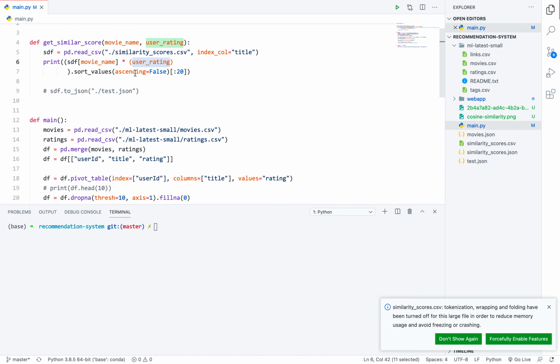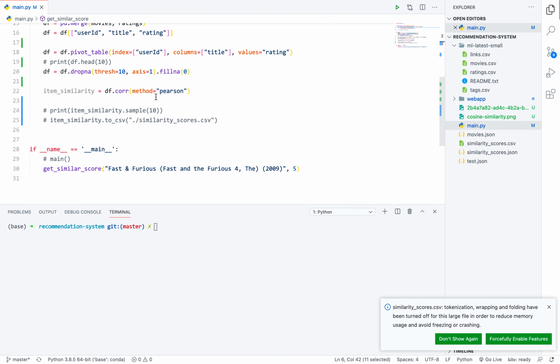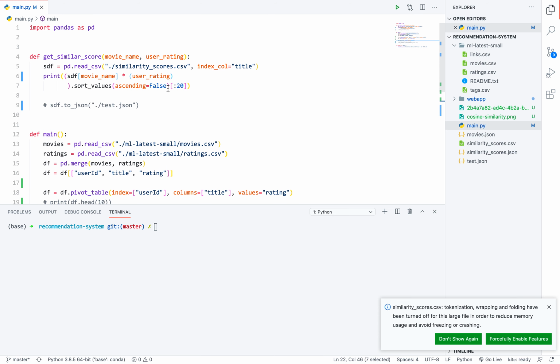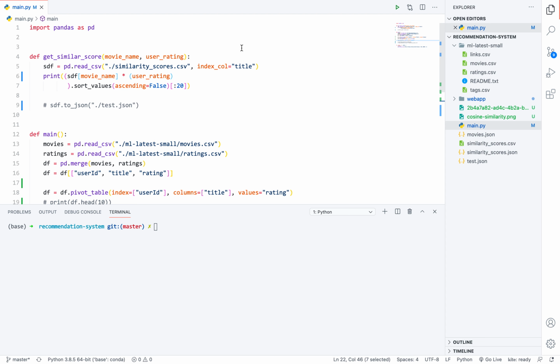We subtract the mean and convert it to standard, right? Because this Pearson method inbuilt converts our original data to standardized data. To unconvert it, or to reconstruct our original rating, I need to multiply with user rating, and I'm just sorting this in descending order and grabbing the first 20 values.